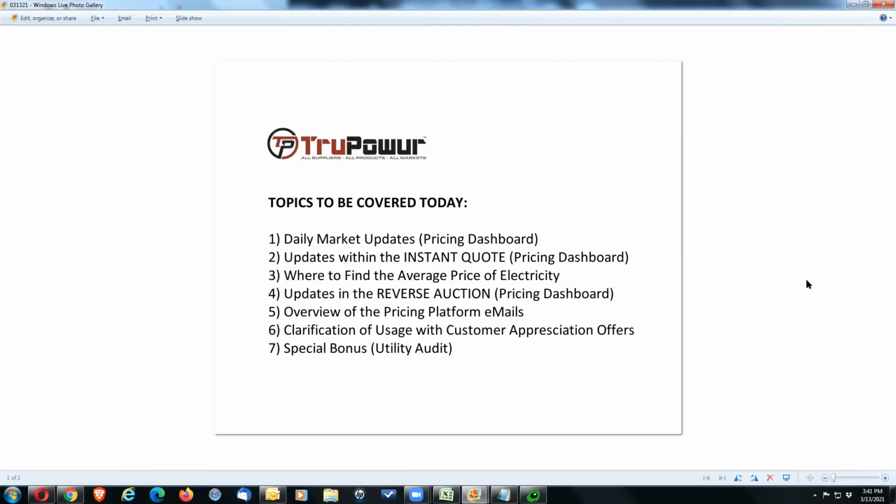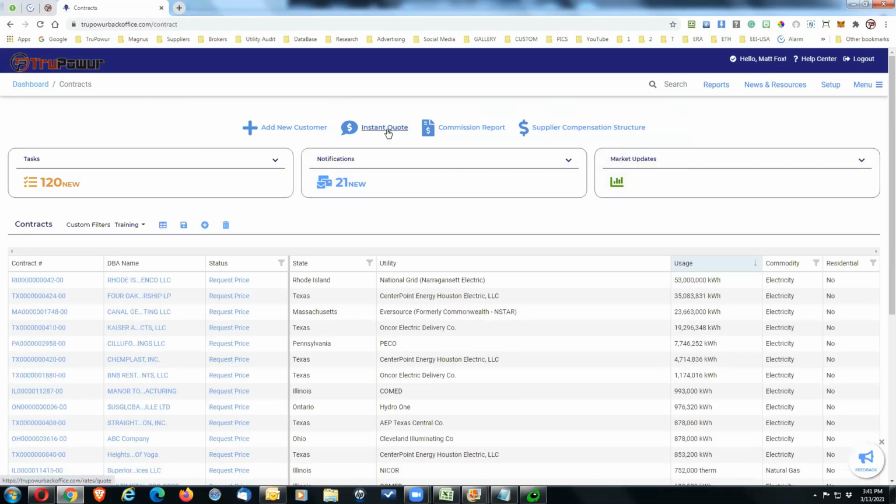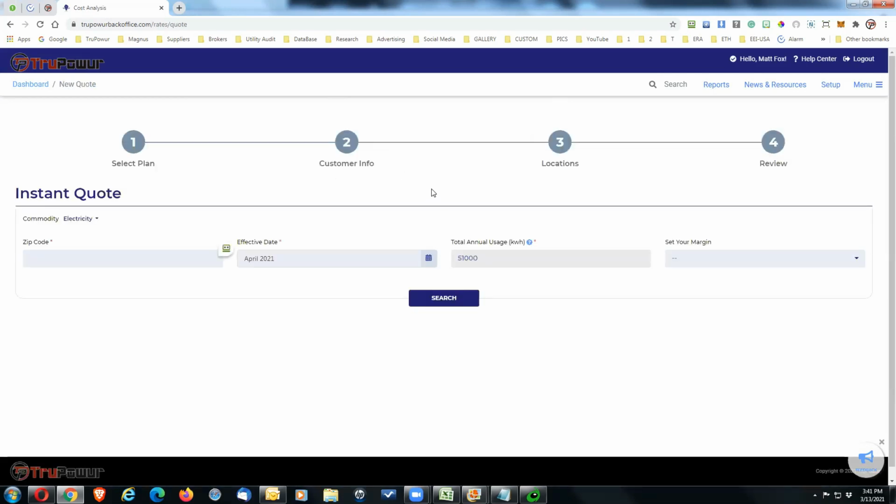Next, let's go over the updates within the instant quote back in the dashboard again. So from here, last week we talked about how to enter a customer with all of their information. So I'm not going to go through that today, but you can review last week's training to go over that. But I did want to bring you up to date to some of the changes that were made in the instant quote. So if you click on instant quote, and let's go ahead and put in a zip code